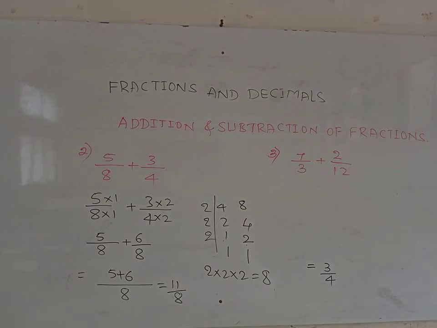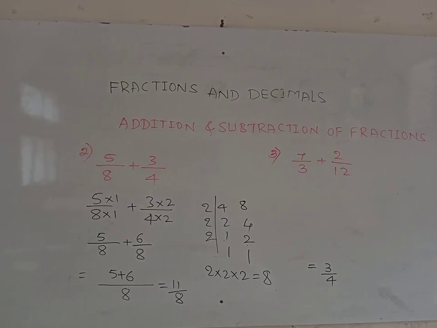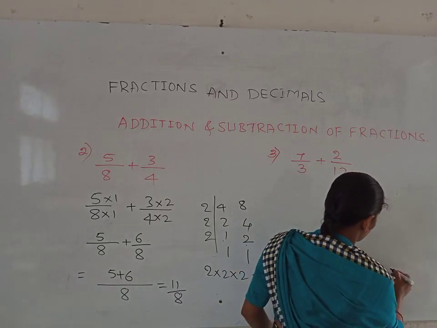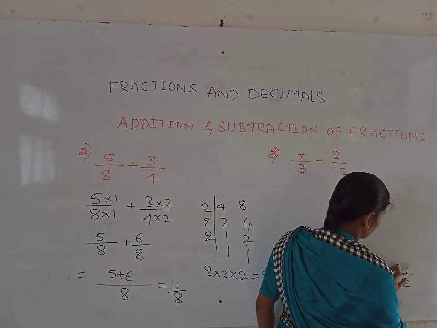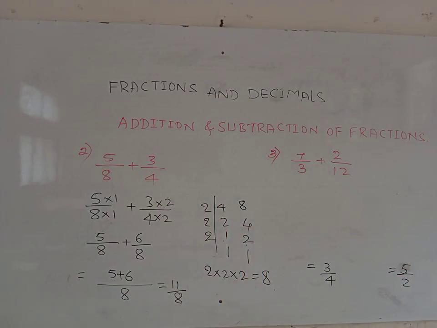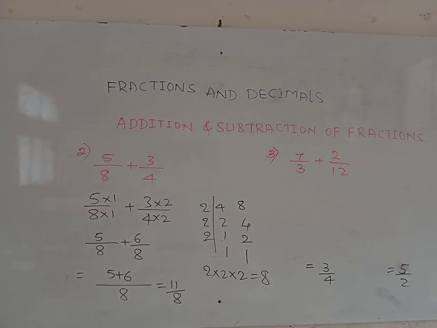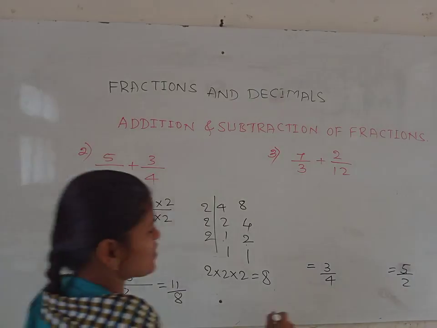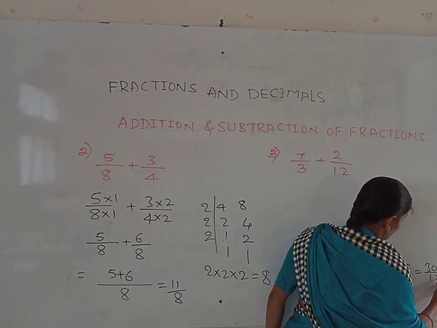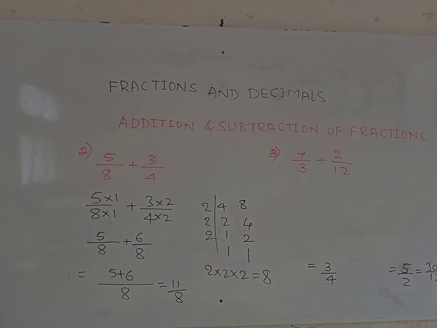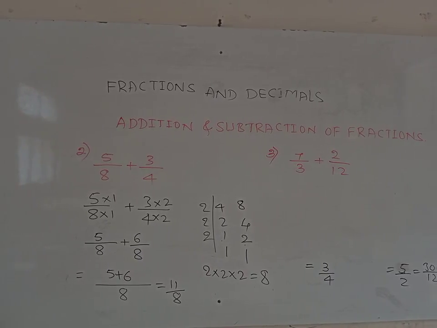Another answer, a different answer. Okay. Again, anybody with a different answer? Please. Vijay's answer is 5 divided by 2. Who did this correctly? We will check. Okay. Again, any different answers? Please. Vijay and Bhuvan have different answers. 30 divided by 12 and 5 by 2 are both the same here. The simplest form of 30 by 12 becomes 5 by 2. Again, any different answer? Okay. Anybody ready here? Bhuvan, make it correct, sir.